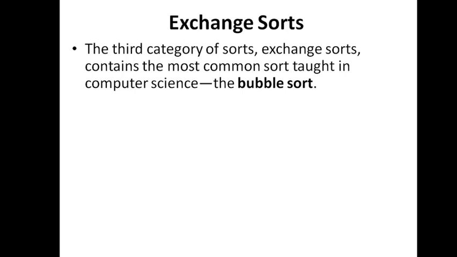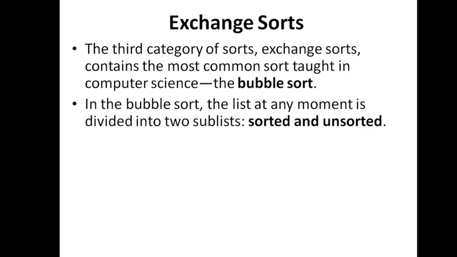Now the next category of algorithms are called exchange sorts, under which we will just discuss one algorithm, which is bubble sort. So bubble sort will also have similar principles, like the list is divided into sorted and unsorted. Initially unsorted is full and sorted is empty, and it will also maintain an imaginary wall. All that will be true.